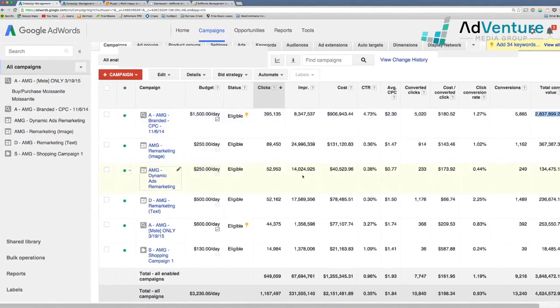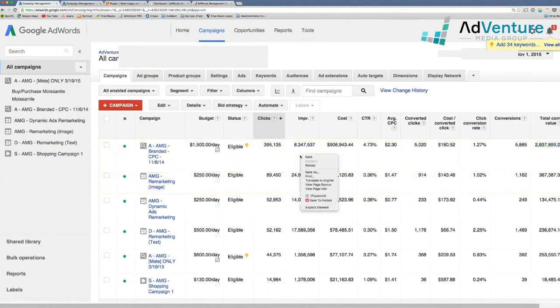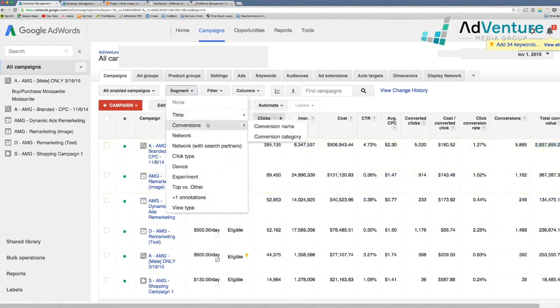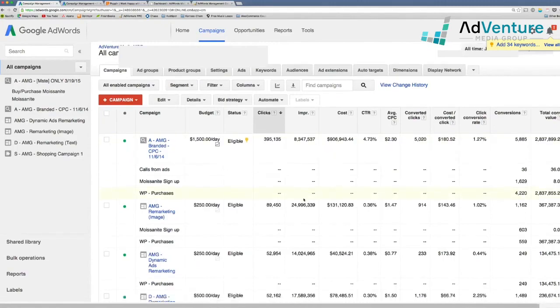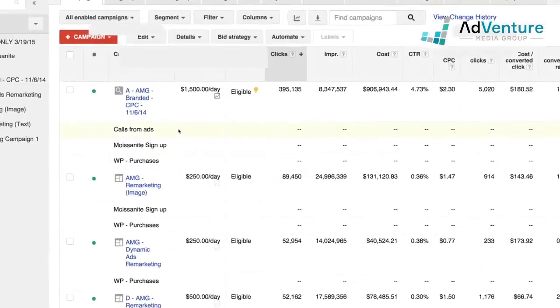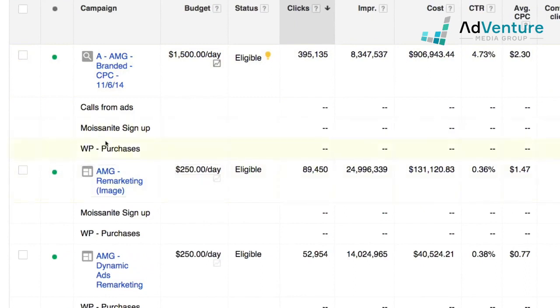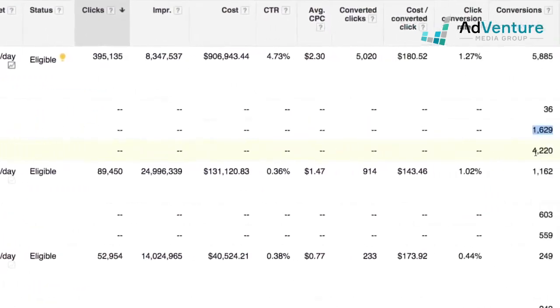If we were to click on segment, conversions, conversion name, we would actually see an interesting thing. We would see the campaigns, and if we were on ad groups or keywords, we would see the same thing, broken down by type of conversion or conversion name. So for example, we have calls from ads, which is one conversion type. We have our phone number pinned into our ads, and for this campaign, we have 36 calls from ads. From the newsletter signups, we have 1,629, and purchases, we have 4,220, for a total conversion value of